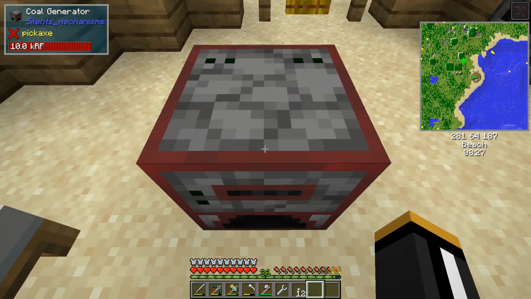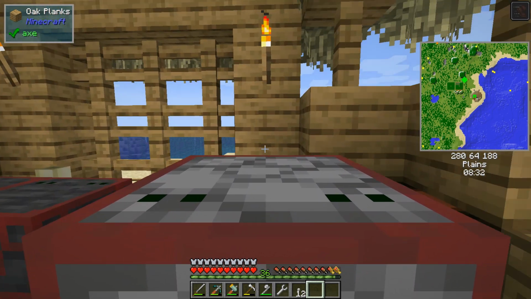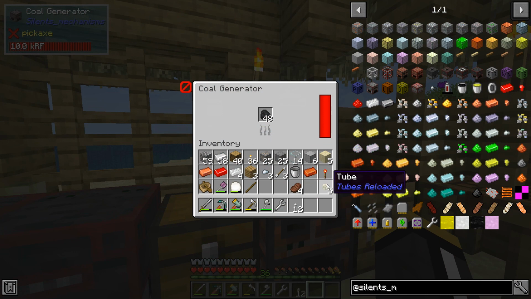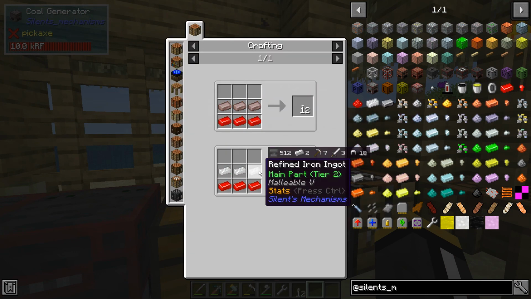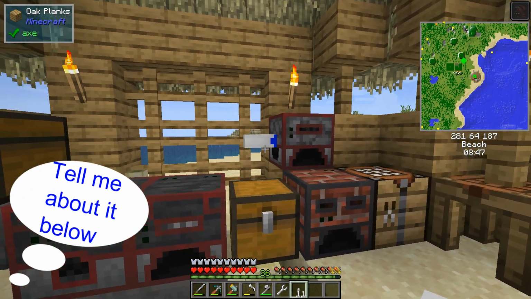I'm going to take this thing and... Did I put it there? Yeah, I guess that's okay. And then I made some of these wires from Silent Mechanisms. You can make these actually either with copper or refined iron. I made them with copper because we've got plenty of that. And